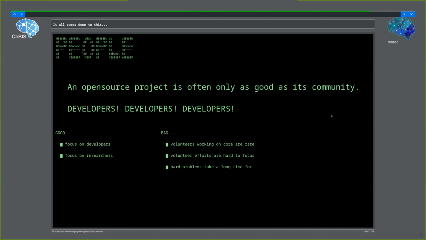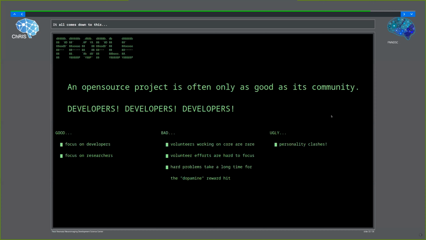Volunteer efforts are also very hard to focus. It's very hard, on our side, on the inside of the system, to direct people and say, you must work on this, so it will be useful if you work here. Oftentimes we do that, but it's very hard to manage people, especially when their time is fractured. Hard problems take a long time for that dopamine reward hit. A volunteer is going to have to be very dedicated to want to spend 3 weeks working on your project before they get the benefit of a reward. So reducing that time lag is extremely important. We haven't figured it out yet.